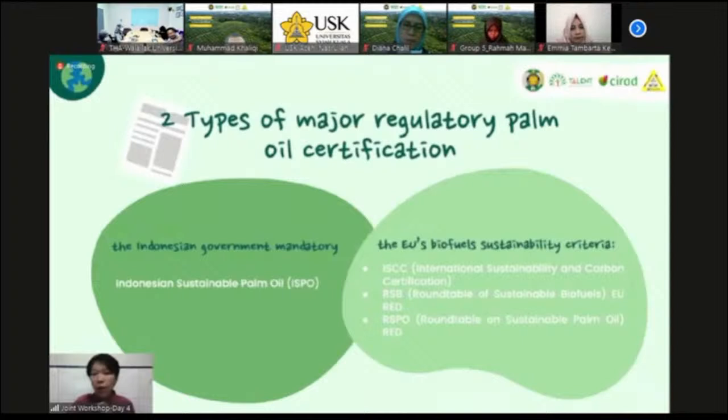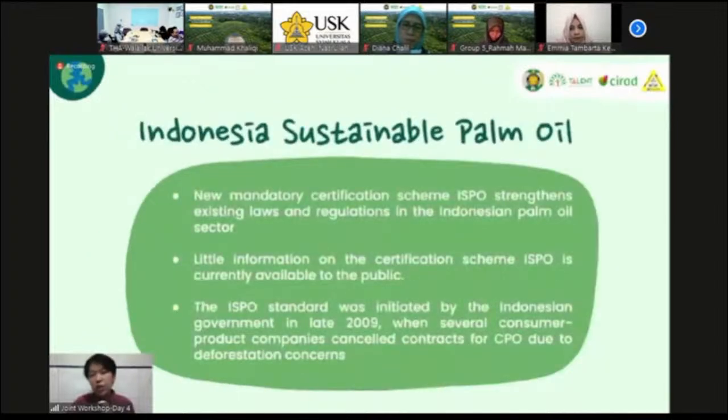Indonesia's Sustainable Palm Oil Certification Program was introduced in 2011 with the intention of having all producers certified by 2014. ISPO defines sustainability in terms of compliance with Indonesian laws and regulations. ISPO can also be seen as a promising stepping stone to achieving the RSPO standard over time.